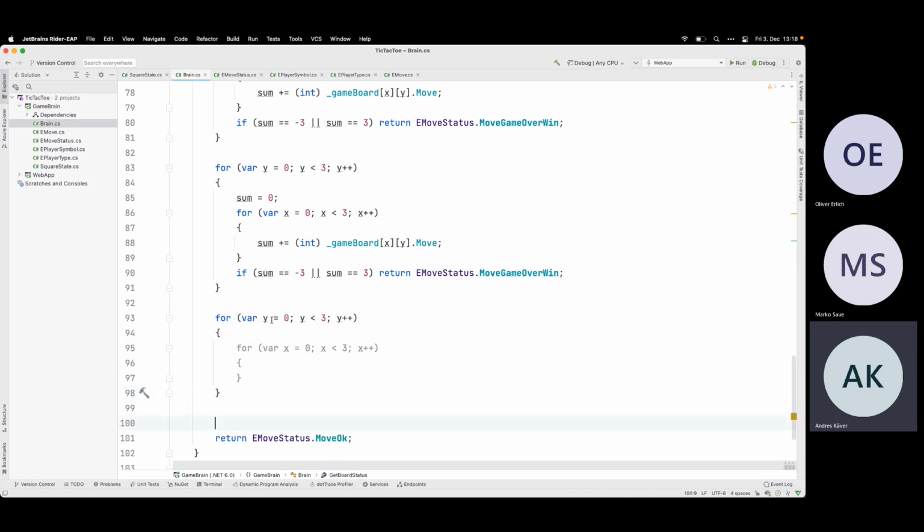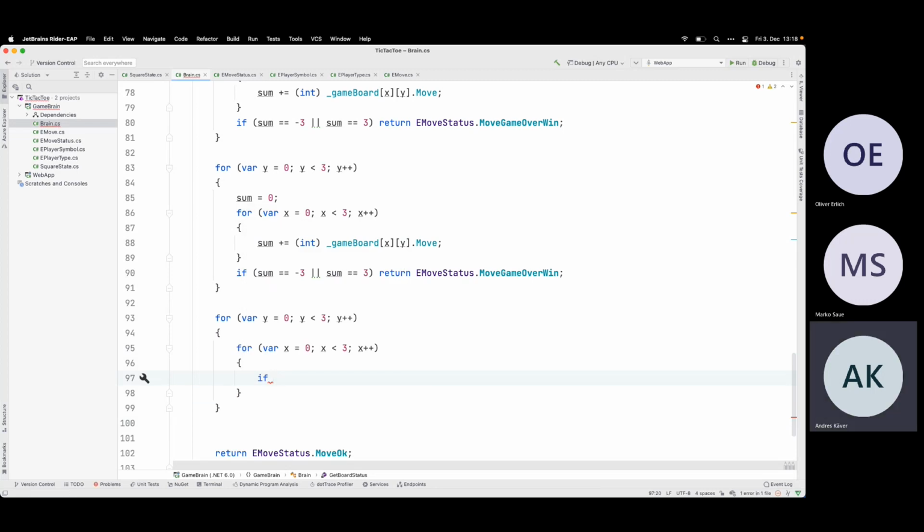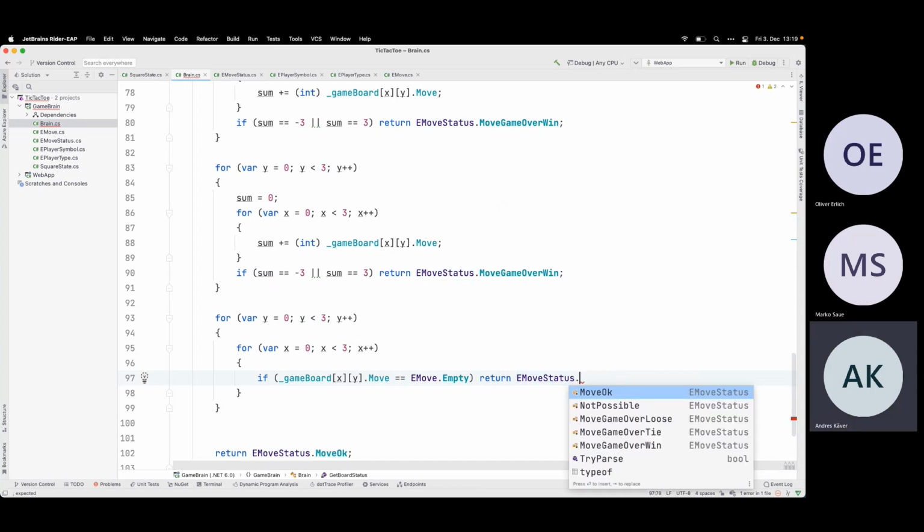So I can just iterate over the stuff here, and if game board x y move, if this one equals empty, then we know that the game is not over. No, actually, that's the other way. Move ok is default. No, I still need to count those.